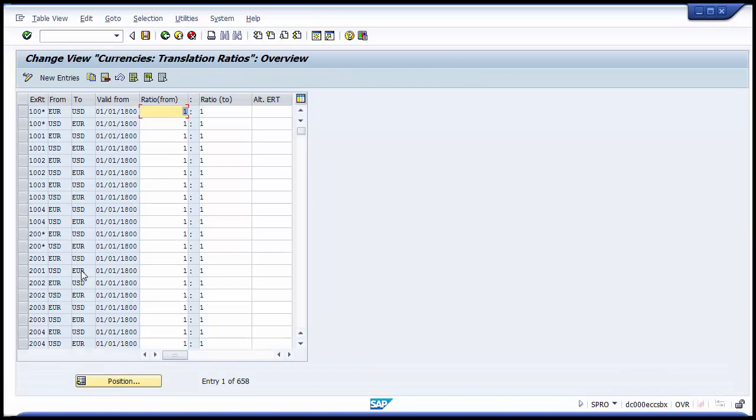And now you can see on the screen that you need to maintain the ratio from one currency to another currency. It could be 1:1, it could be 1:10, depending upon the currency. You can also specify whether you want to use an alternative exchange rate for specific currency